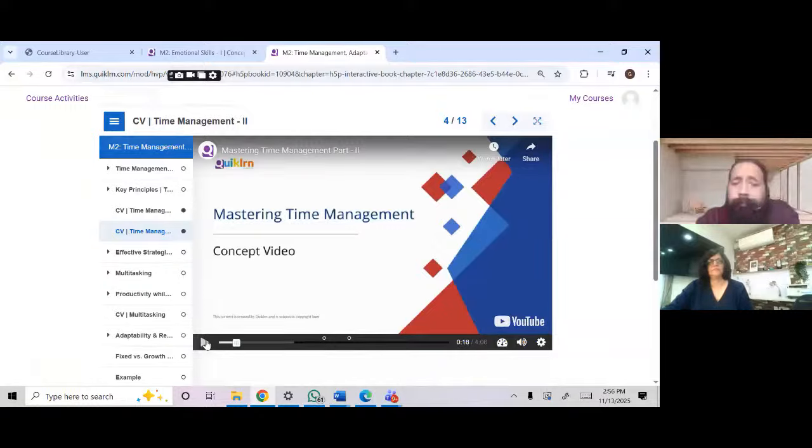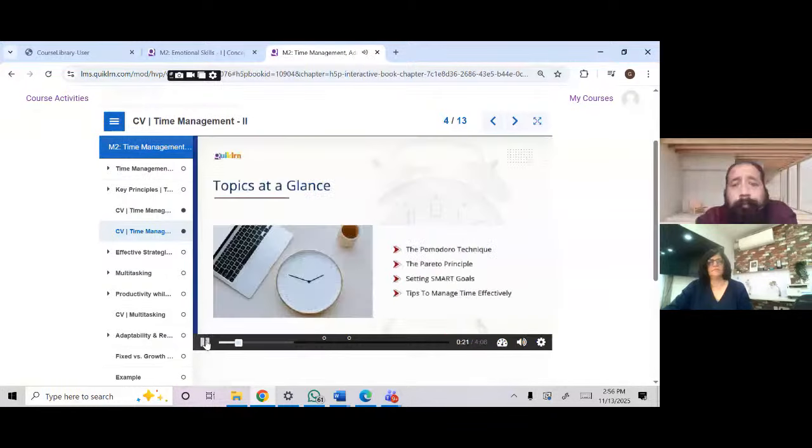Time management. These are the topics at a glance: the Pomodoro technique, the Pareto principle, setting smart goals, and tips